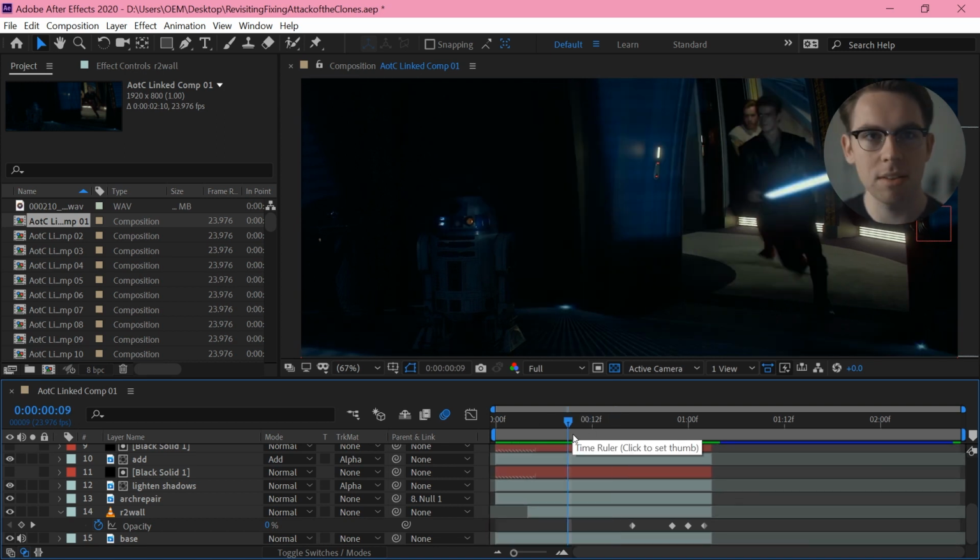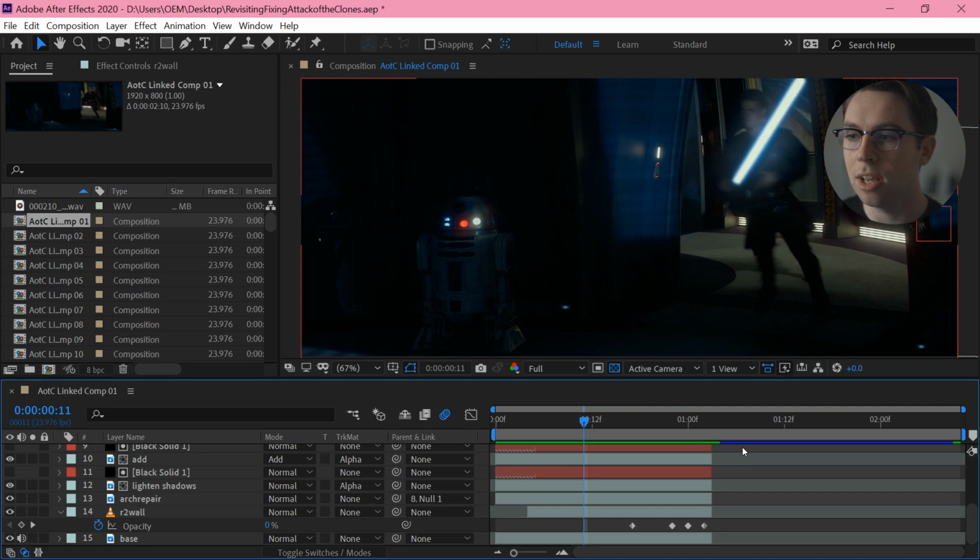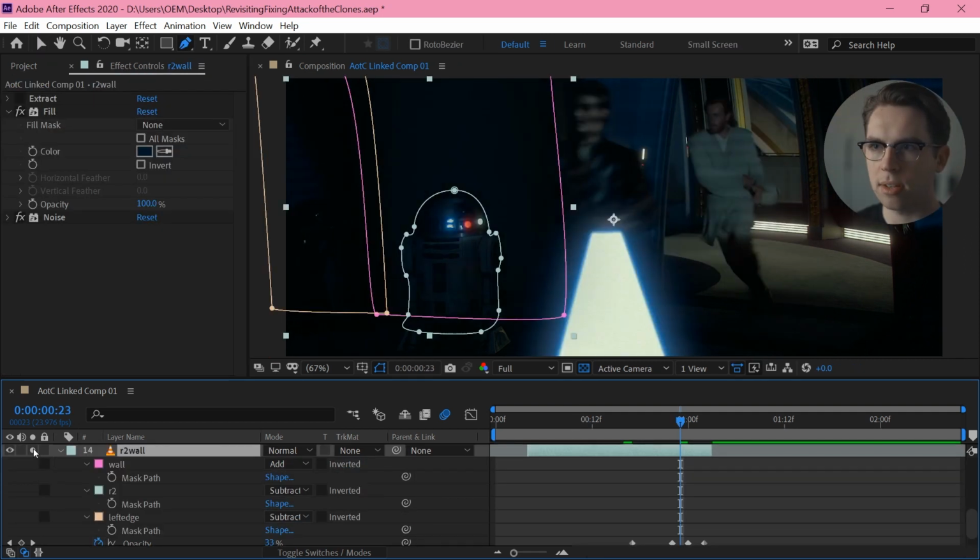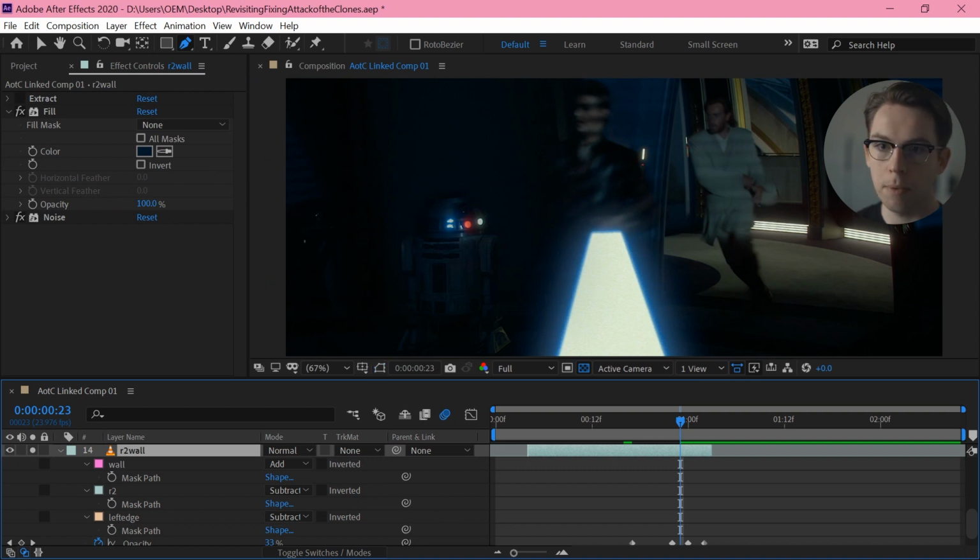And that is basically what I'm doing here, but it's just not quite as good of a result, and it's a little bit more fiddly in After Effects. But I'll walk through it, because obviously it does the job. It does the job good enough that I didn't feel like I had to redo this shot, and it's probably a good introduction to some After Effects ideas, but it's definitely not my recommended approach of how to do this shot. So the first thing that I'm doing is adding some light onto this wall behind R2 here.